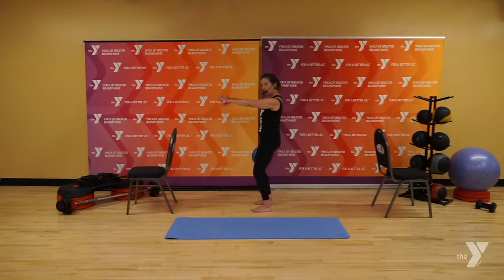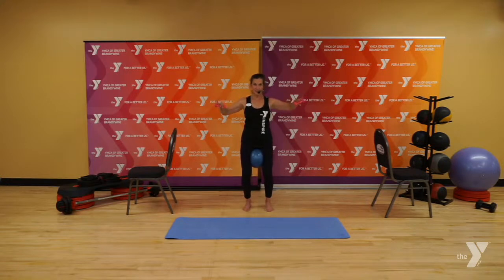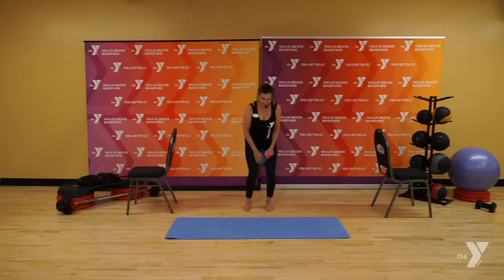You got it. Now what we're going to do right here, I'm going to bring those arms back. As we push them forward, we're going to squeeze the ball in. So squeeze it in. Squeeze. Press the arms just right in line with the shoulders. They don't need to come together. As you're doing this, you're squeezing the ball. If you don't have a ball, don't worry about it. Just squeeze it in and then open. You don't need to have the knees touch. It's okay. You're going to feel that focus onto the inner thighs. Keep it going. 4, 3,